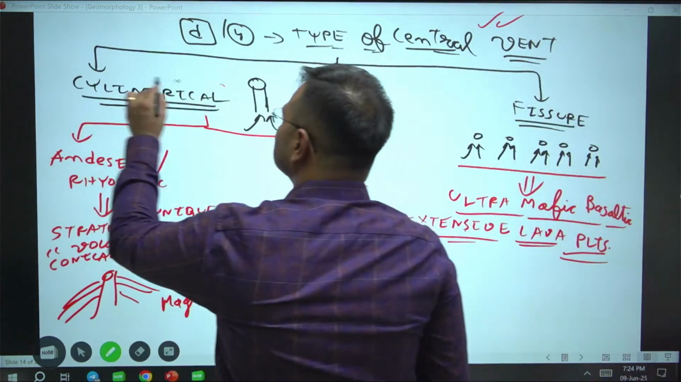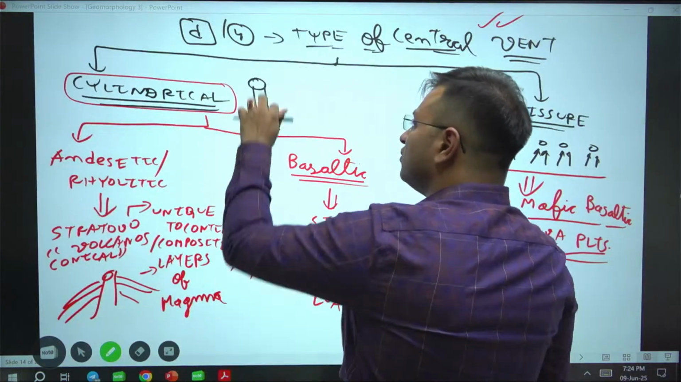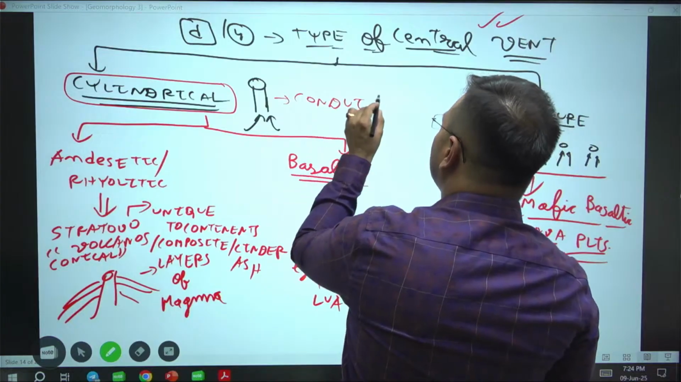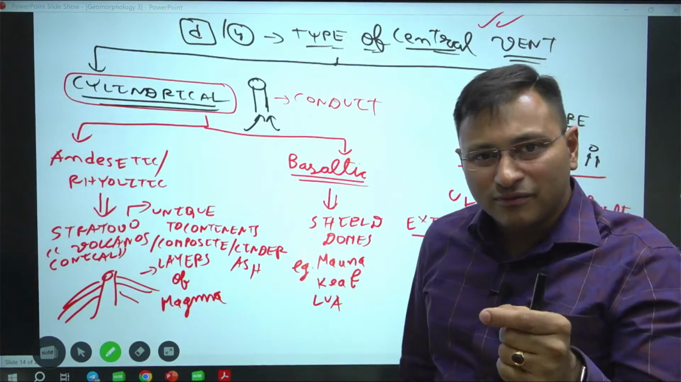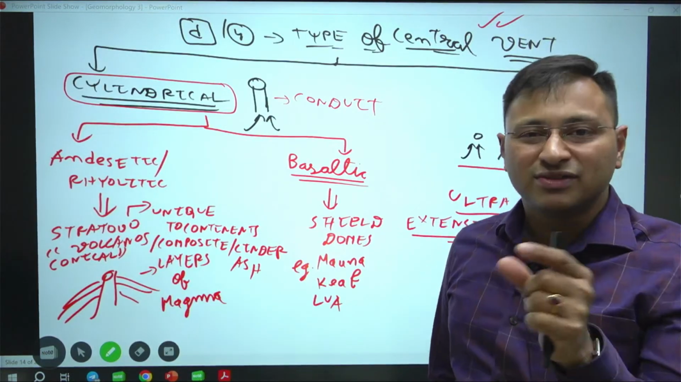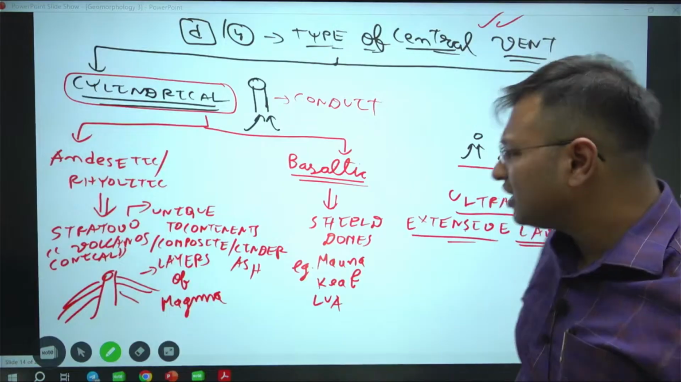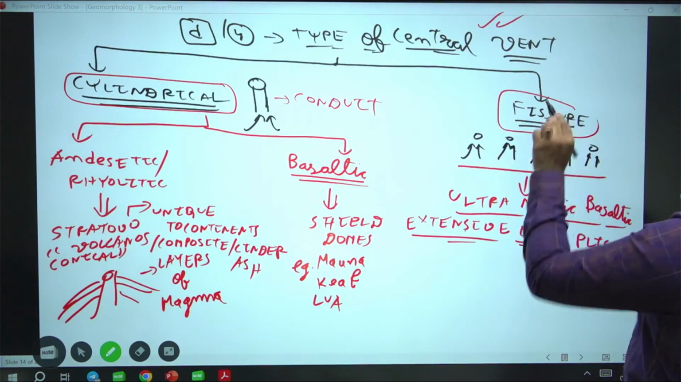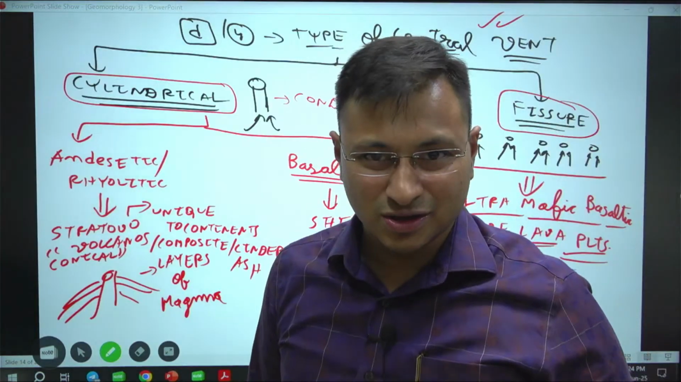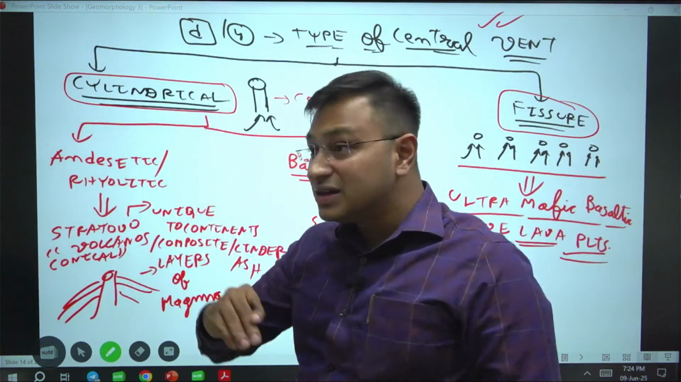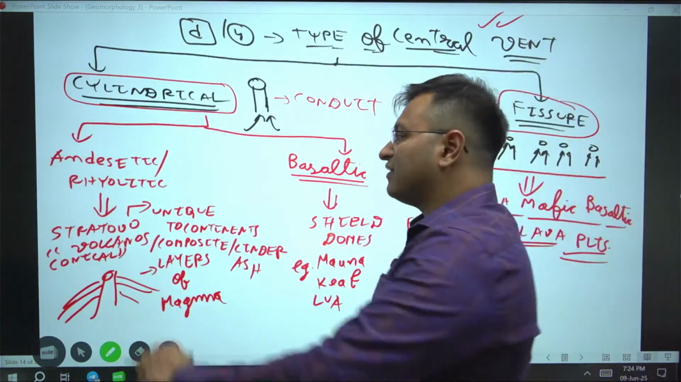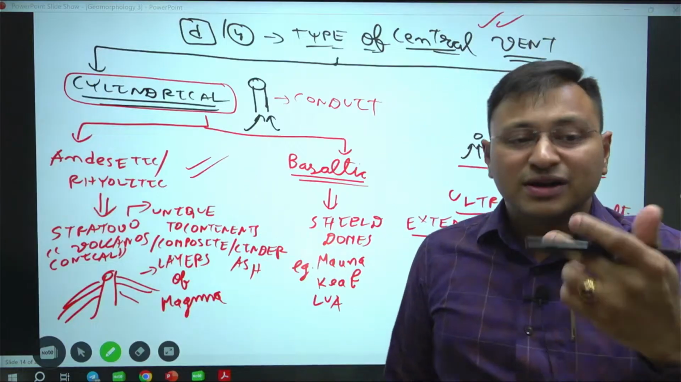Either we can have a cylindrical vent. Vent means the volcanic conduit, from where your magma is erupting, and the shape of the vent, whether it is cylindrical or fissure type. Fissure type means you have numerous small openings. So if you have a cylindrical type of vent, and andesitic or rhyolitic magma coming,